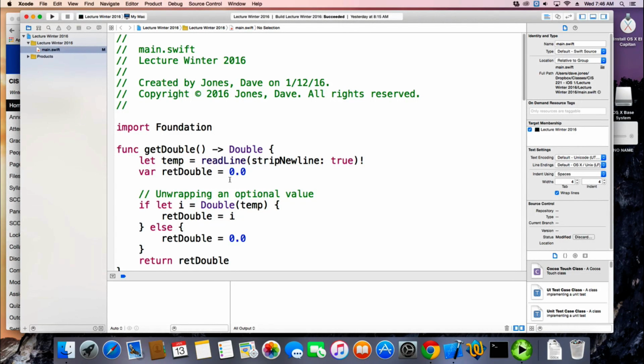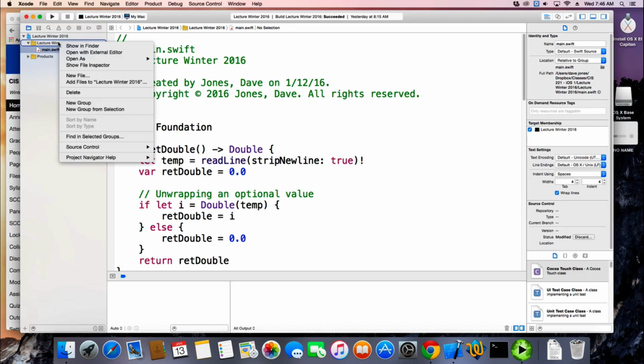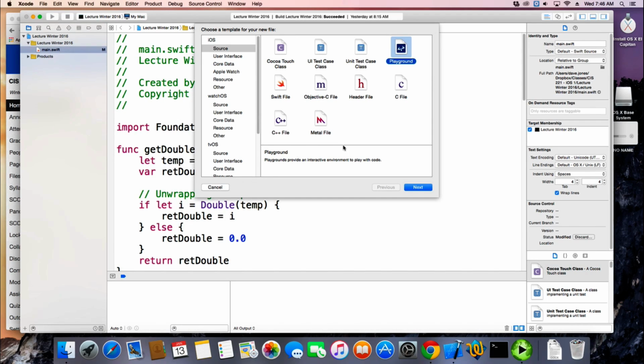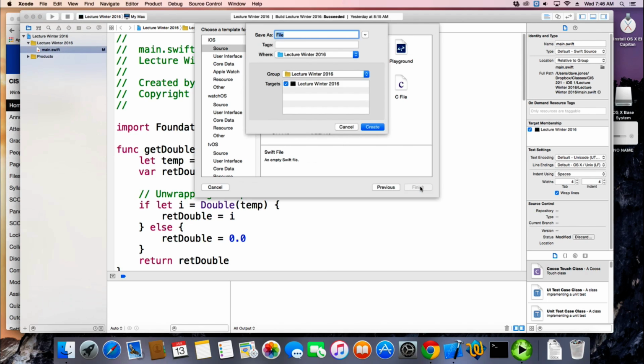So today we're going to talk about classes in Swift. And you already know classes now in Java and C# and Ruby, so it shouldn't be too much more difficult. So I'm going to create a new file here. And we'll call it animal. I want a Swift file. And we'll call it